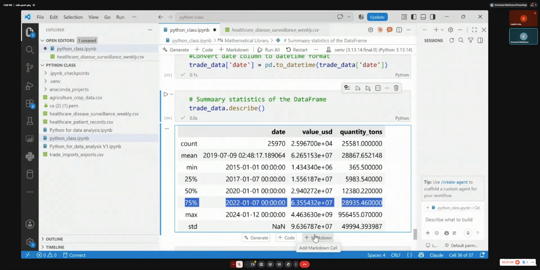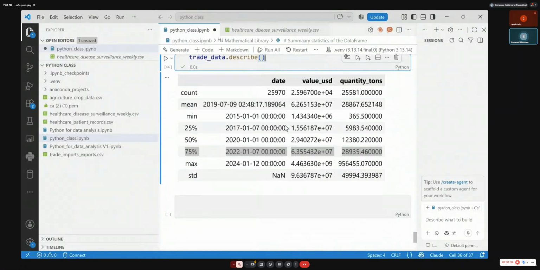Now the 75 percentile, it will be the highest, the middle, and the smallest values. Yeah, partitioning. You partition your data into equal parts from highest to smallest.